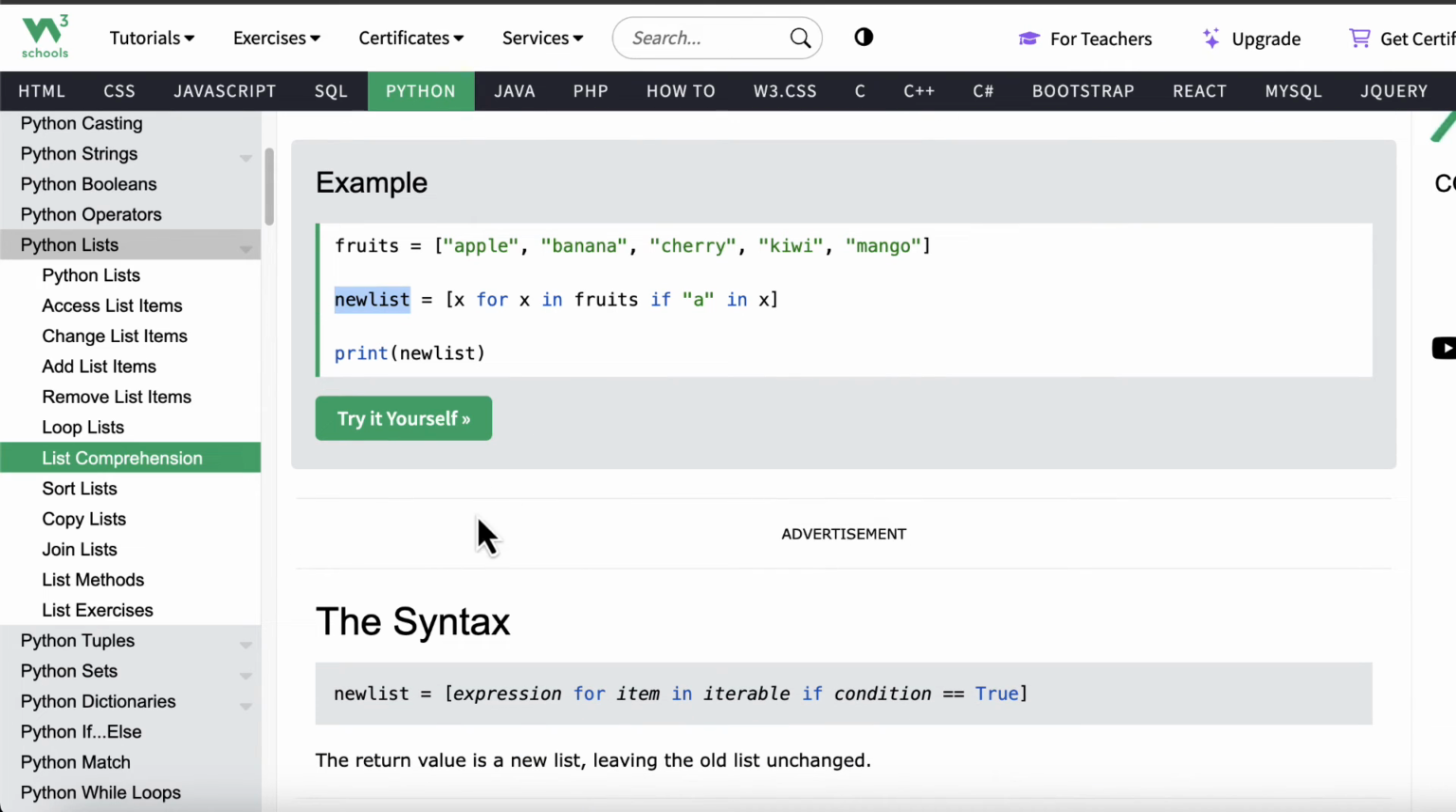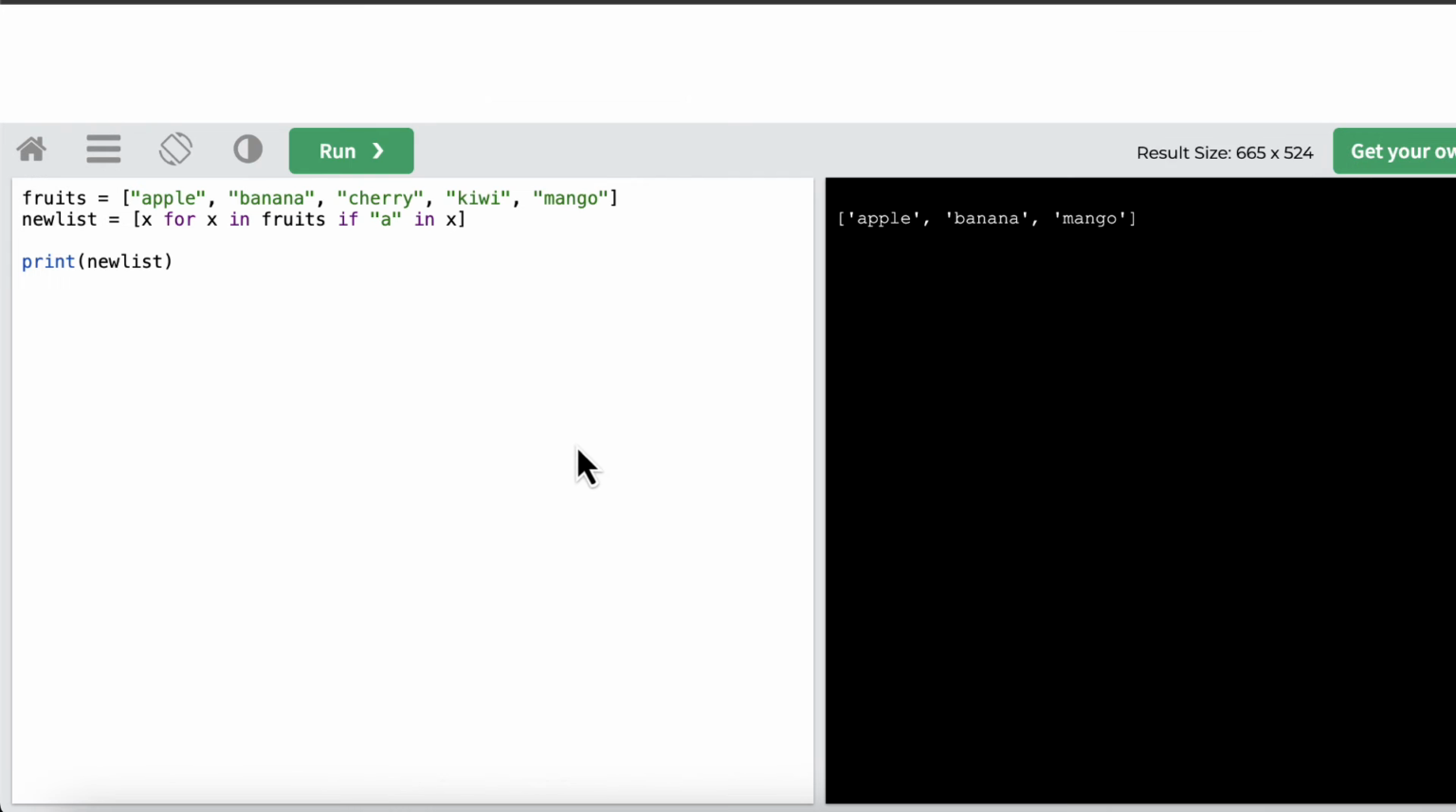Okay, so this is the simplest and easiest way of creating the new list. Any items that have an a character in them will be assigned to this new list. In this case, cherry is skipped because there is no a character, kiwi is skipped because there is no a character. So you are easily searching for something and then looping through it as well by using one single line, which